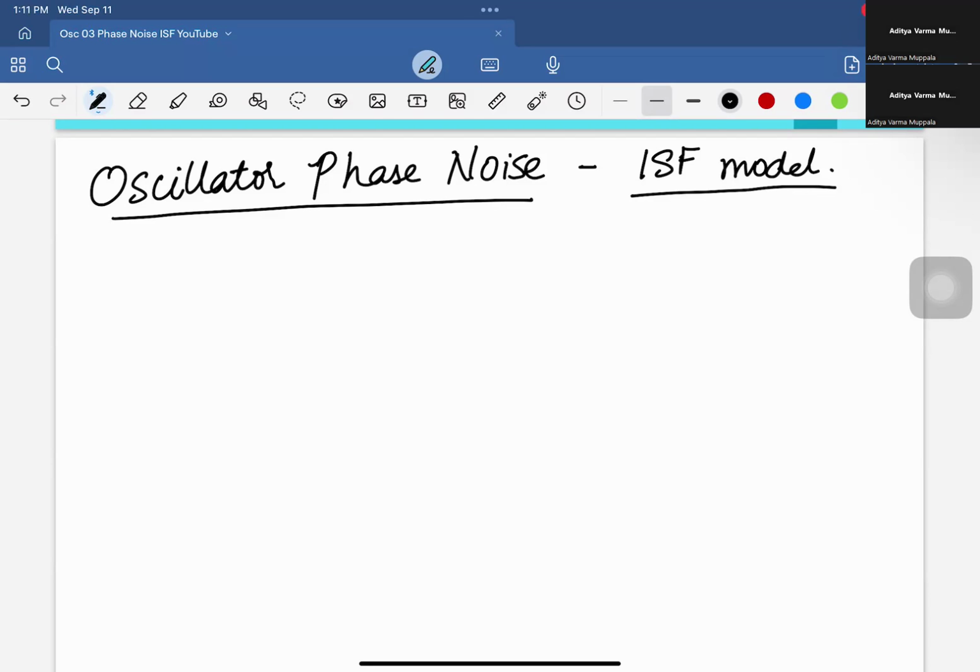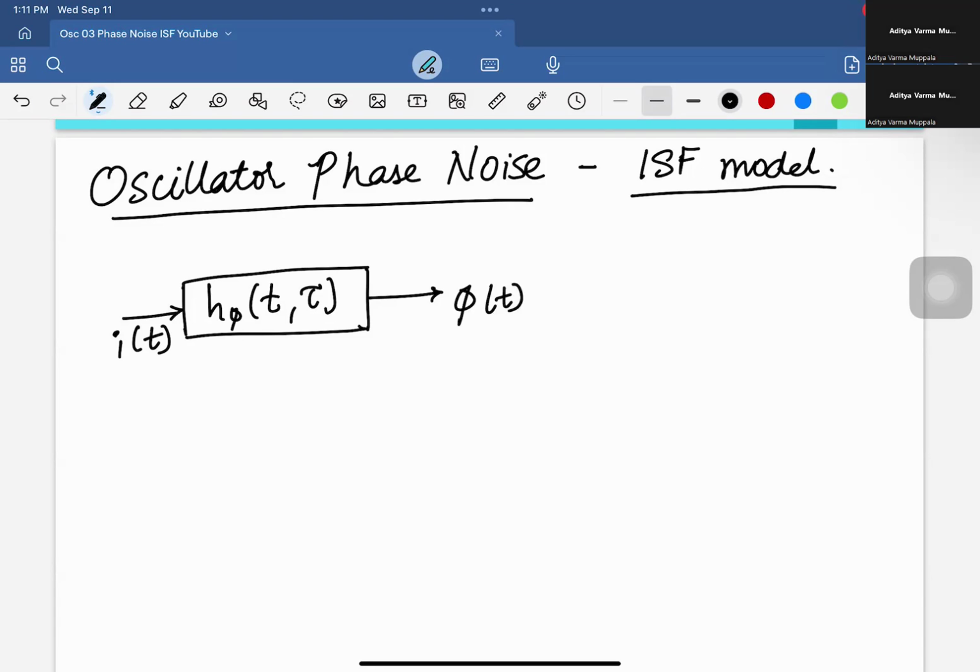So we said that, okay, what is the ISF? If I have some input impulse that goes through a transfer function, or you can call it an impulse response, HV of t comma tau, then that gives us at the output some phase shift, right? So we call that phi of t, right? And then this phase shift can be put into another function,